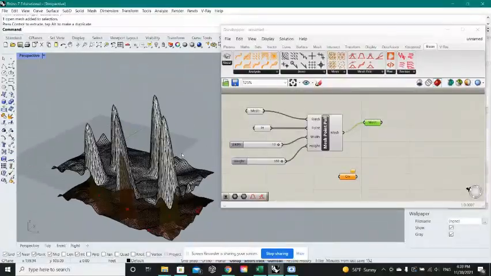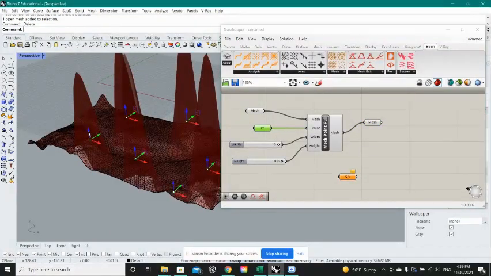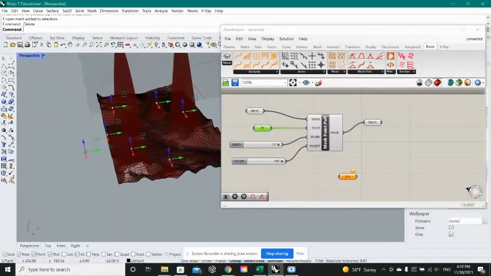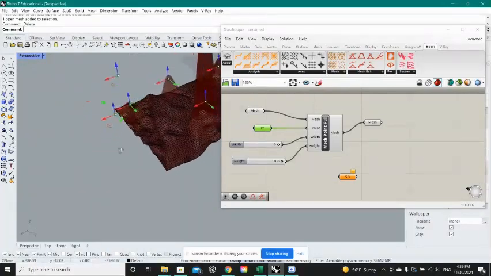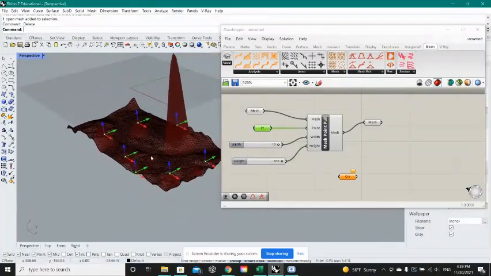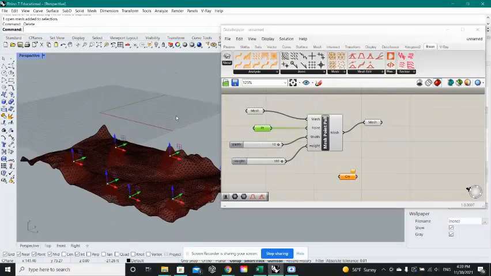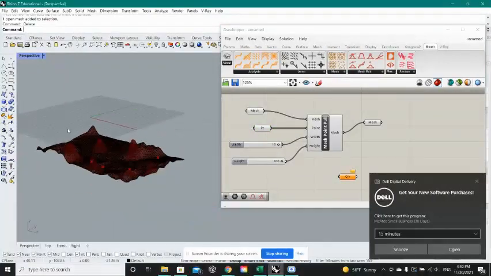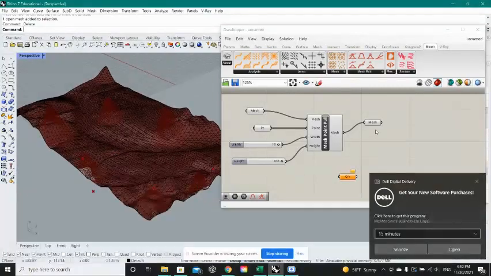Obviously, this is a really extreme example of how you would use that. I probably would not have them that tall almost ever. Like here, let's see if I can make it a little bit less drastic so it's a little bit less cartoonish. But you can kind of create these little mounds that would be interesting if you were to do an architectural project that needed you to change the topography. Obviously, you're not going to change the topography on one side of the Ohio River and not on the other, but